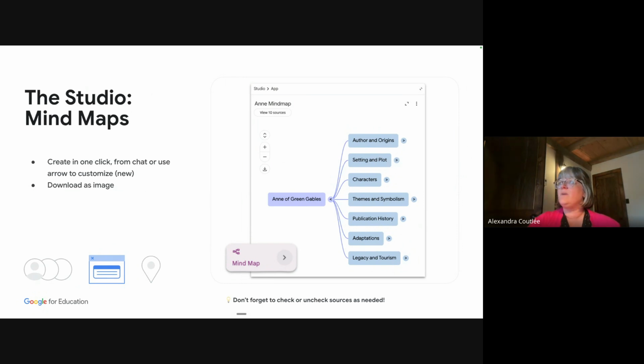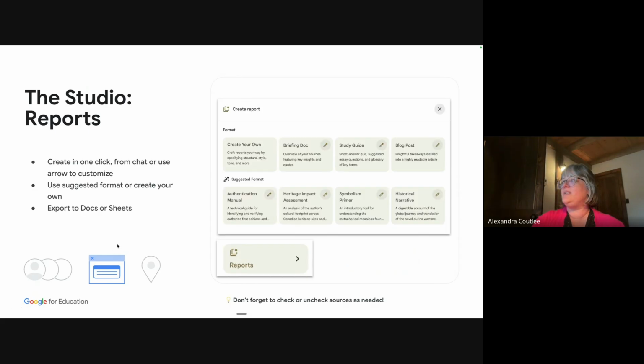One of the things I like with a mind map is it lets me know if I have all the categories that I need. If your students are doing research and they're putting everything in NotebookLM, ask them to generate a mind map and see, did they forget an element? Is there something missing? Or is something not covered? If they're preparing for a debate, for example, are there arguments in there that they did not actually touch on and they might need to go back, research, and add sources? So mind maps can be downloaded. It becomes an image file and you can take it out of there, but now you can also customize. So that's a pretty neat feature.